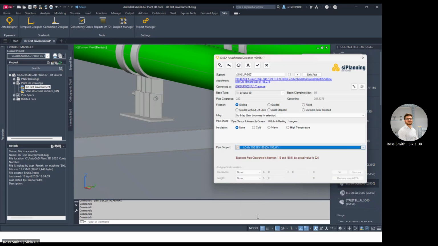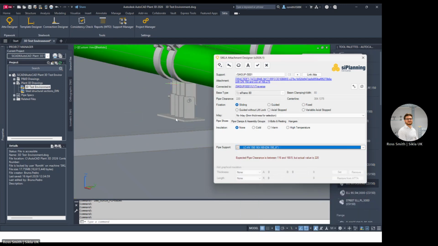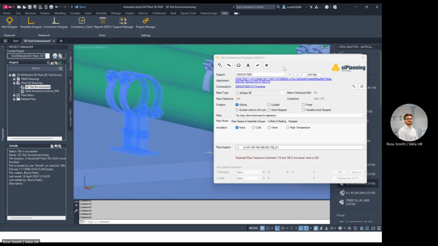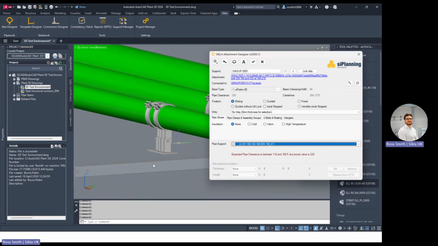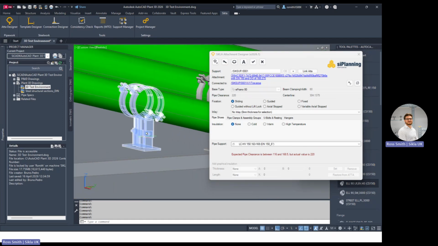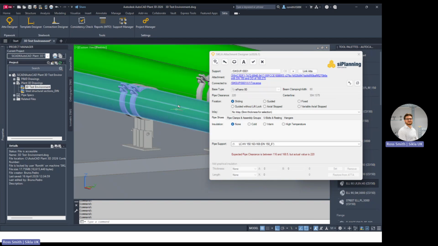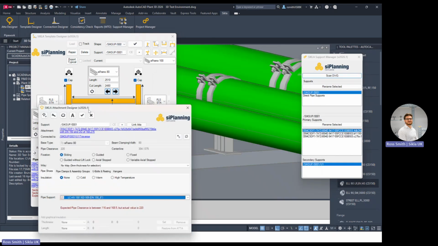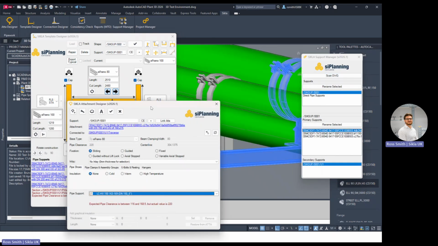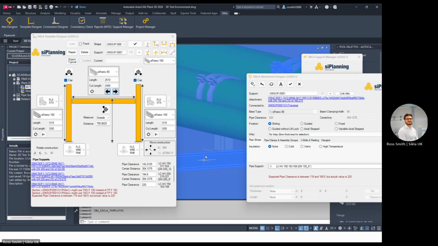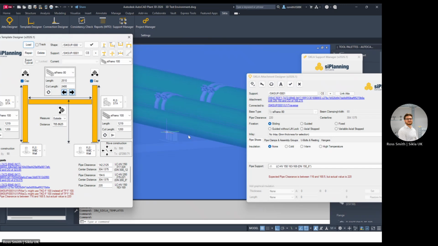I'll change that, and our pipe support changes to a double banded one. You can see that because I've selected a pipe shoe that is a double band, that it's not stretched its clearance. So what I could do here is load up my template designer and make sure I'm active in the support designer, load it, and we can see, zoom out a little bit,